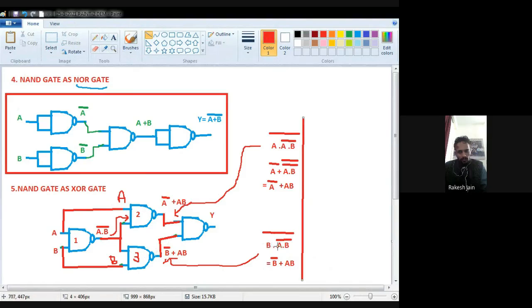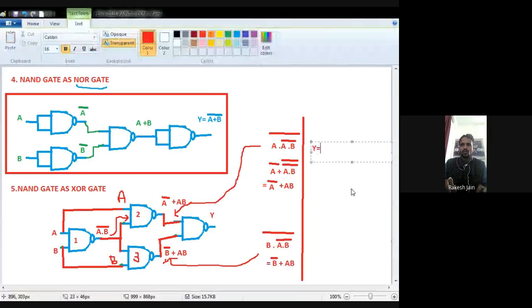Now with the help of De Morgan theorem we can separate them. So the first input is B, then bar, dot will be converted into a plus. So plus A dot B bar then bar. So A dot B bar to bar will be cancelled out. So AB will be there and B bar is still there. So B bar plus AB. Okay. Now we want the final output. Just 1 minute, we will convert it.